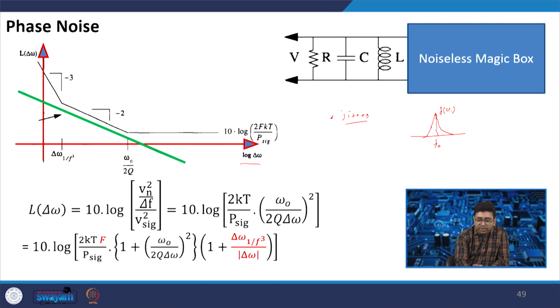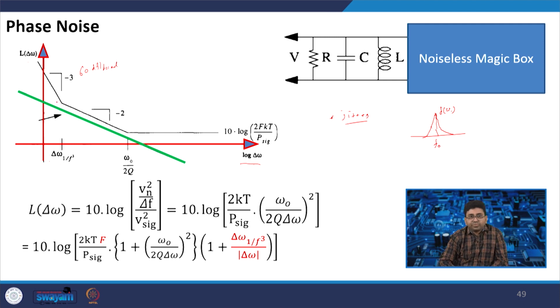What are the three components? Because of its behavior, there is one slope on one side, up to delta omega 1 by f cube, that has a slope of 3. So, it is 60 dB per decade